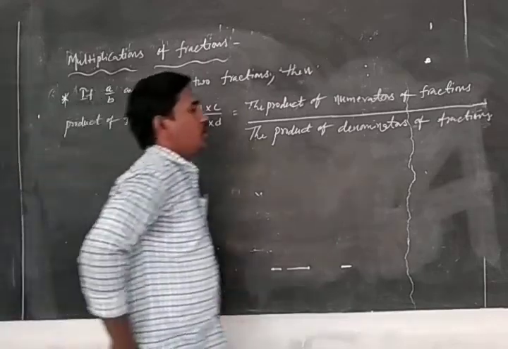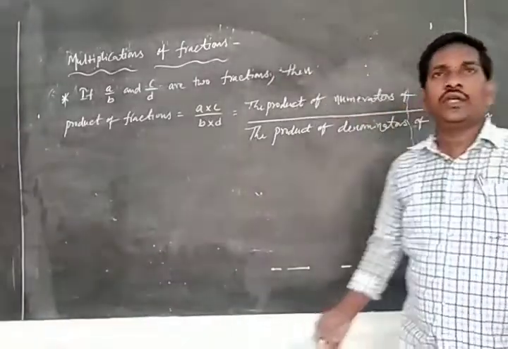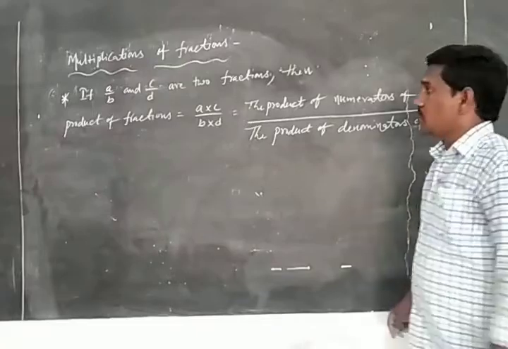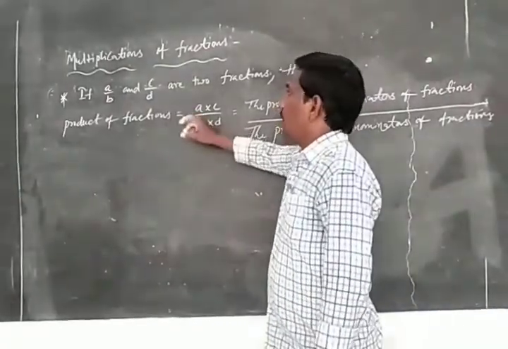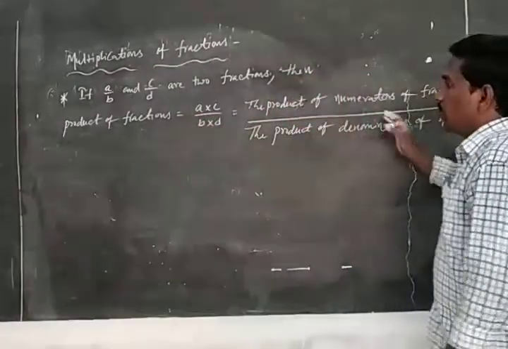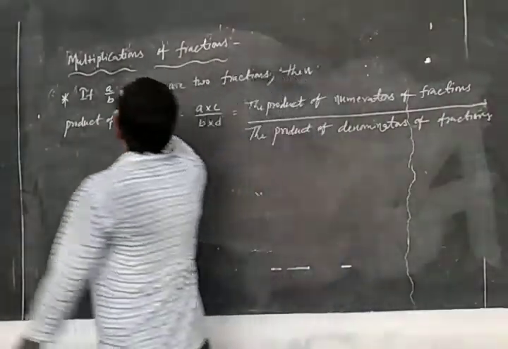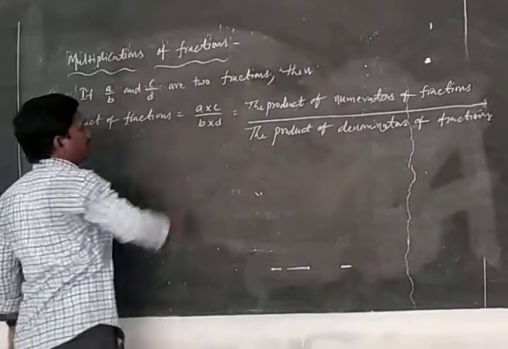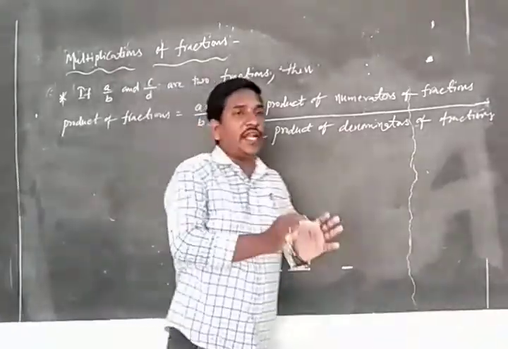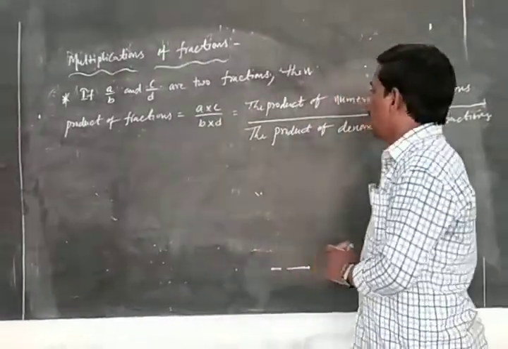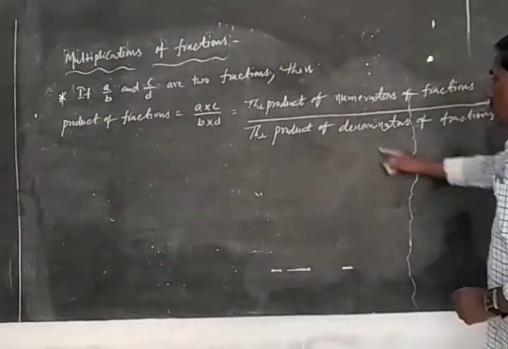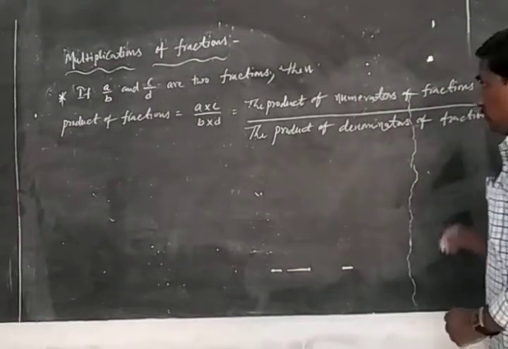Multiplication of two fractions or more than two fractions. If a/b and c/d are two fractions, then the product of fractions equal to a into c by b into d. That means the product of numerators of fractions by the product of denominators of fractions. For example,